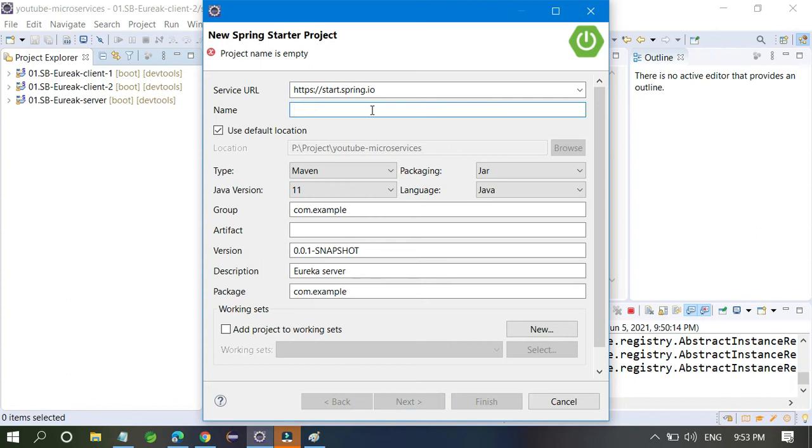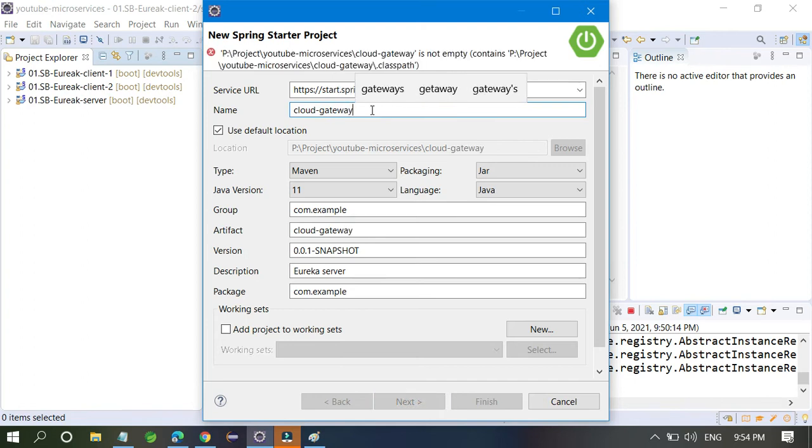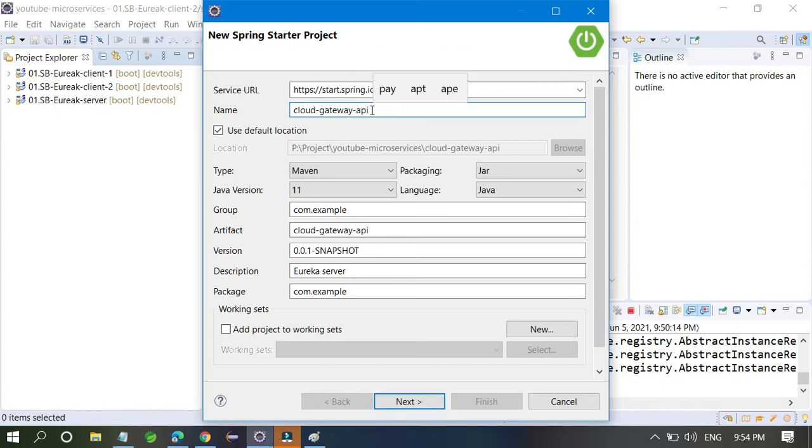So I am going to name it cloud gateway API. I have mentioned the name: our API gateway API is cloud gateway API.